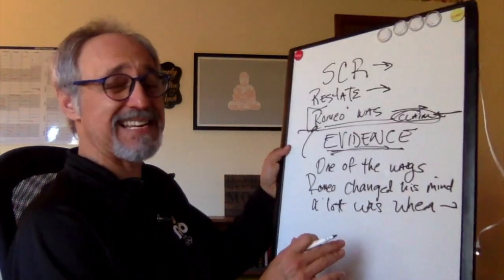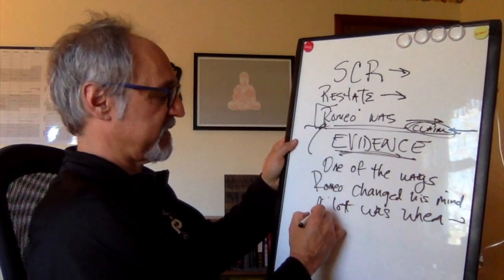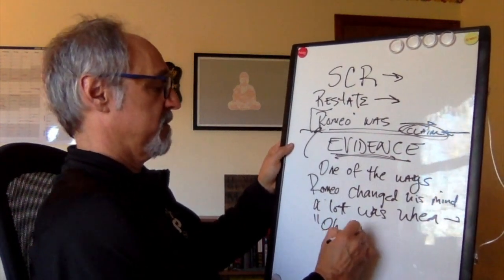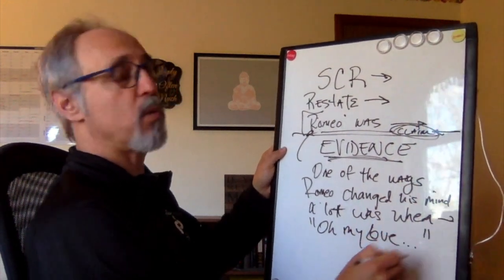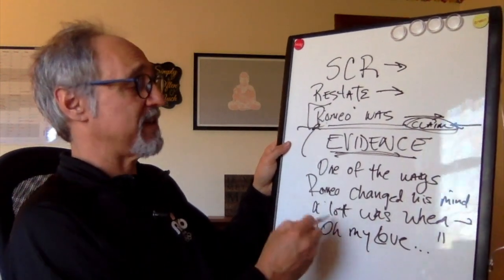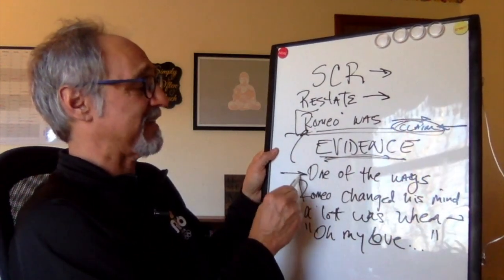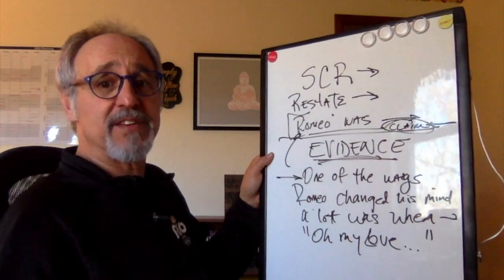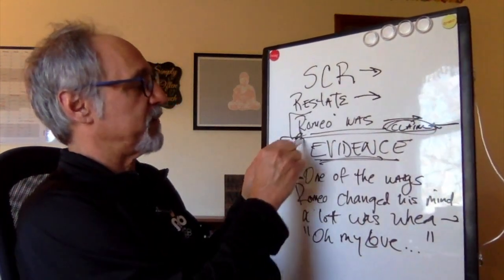And remember, anytime that you're going to do that, you'll put, for example, he says, quote, "Oh, my love, blah, blah, blah," end quote. So don't forget to put the quotes in there. You've got to, in order to do that. So that's pretty much the way you do the evidence. You just state how does this evidence really support what I've set up here in the claim?